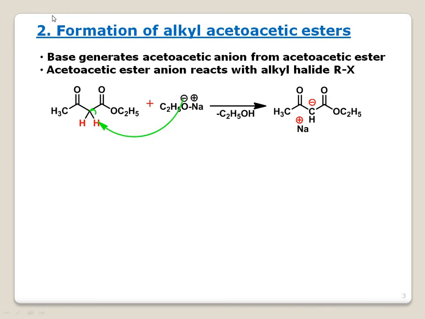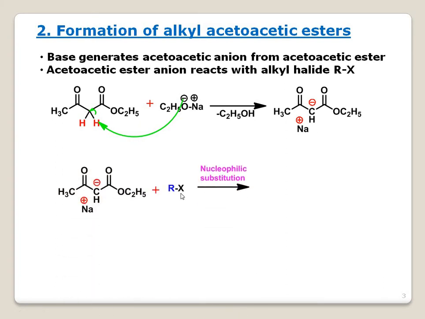The second thing is the formation of alkyl acetoacetic esters. That means here you can alkylate. Monoalkylation you can do by removing this hydrogen, and dialkylation you can do by removing this hydrogen. As I mentioned in the previous video, successive deprotonation of these protons is possible, and you can alkylate successively. First and foremost step would be the formation of the sodium salt of acetoacetic ester. So the sodium salt will be forming by deprotonation over here. It will be like this.